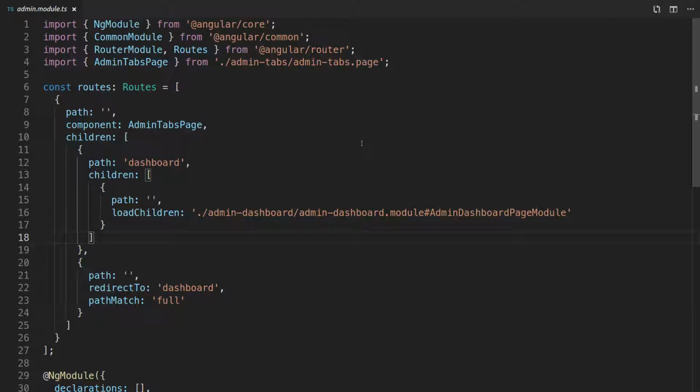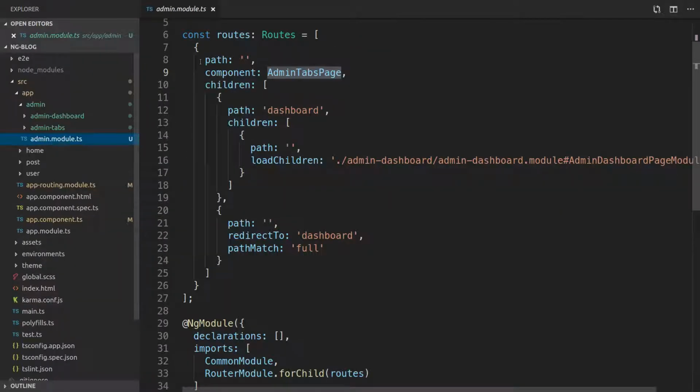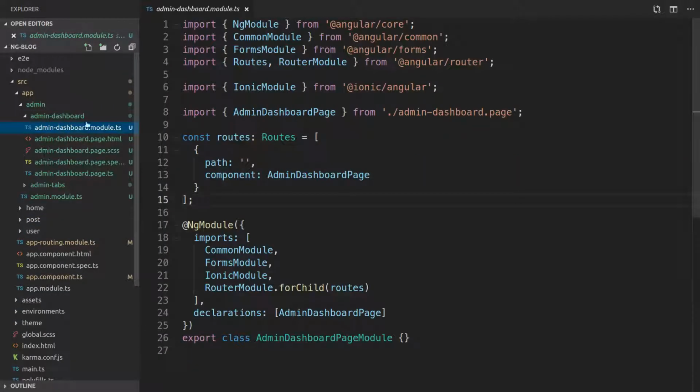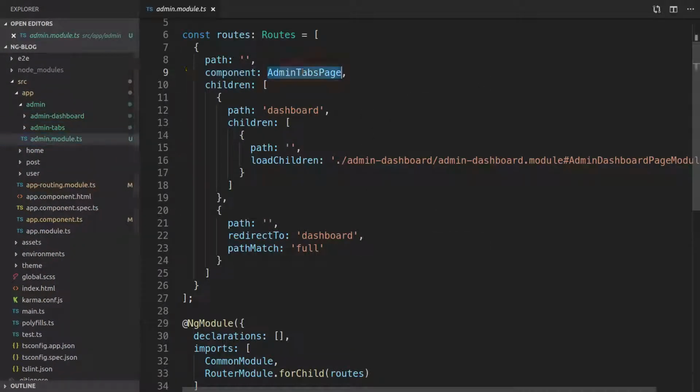Now the reason for that error is here. We are not lazy loading this tabs bar page in here. We're calling it from the route straight away. As you can see here on the dashboard, the other ones, we have it the same way, but we are declaring it over here. So we need to do the same in our admin module and declare